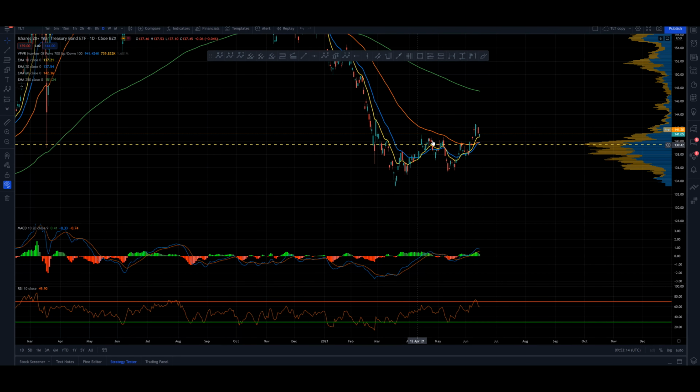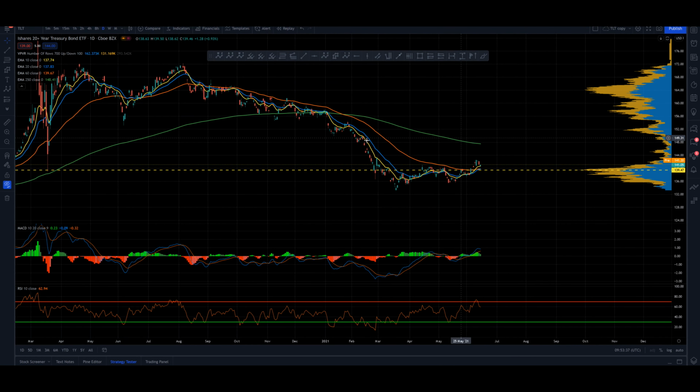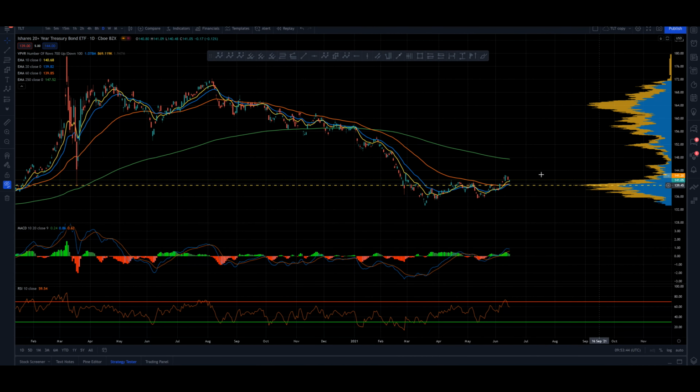That could be enough to signal the completion of the correction, but we would want to see another breakdown through these moving averages and then a clear impulsive move and retracement back on the larger time frame in the price action hanging around our point of control here in the volume profile. Not surprising given that all the visible range we have at the moment is this quick move down. If we drag it back and bring a bit more price action into the screen, give the point of control time to settle down,